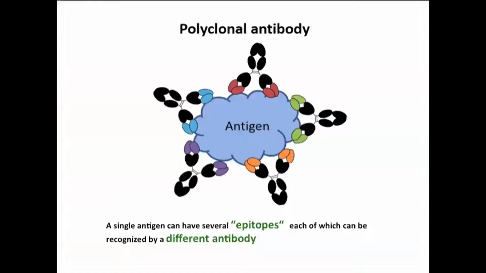It can neutralize the antigen, it can precipitate the antigen. Now, whenever a foreign antigen invades, each antigen can have several epitopes onto which different antibody molecules can bind. This leads to what is called a polyclonal response. That means even if there is only one antigen which can contain many epitopes, at its different epitopes, different B